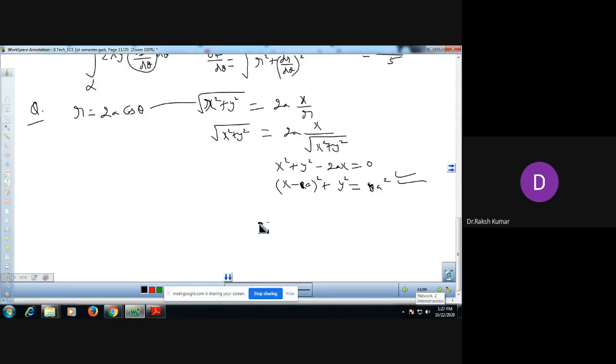Now you can plot the curve also. If the center is (a, 0), so this is x-axis and this is y-axis. Suppose this point is (a, 0), this one. So it means the curve will be like this. So this is the curve we have, and at this point theta is 0, and at this point theta is pi by 2. We all know. And this is the center point with radius a. You can see. Now you have to revolve it accordingly.